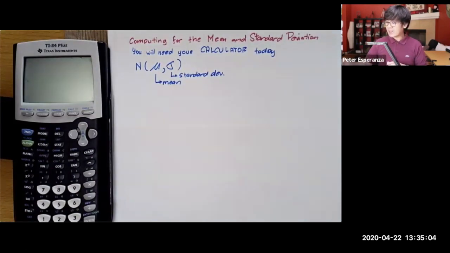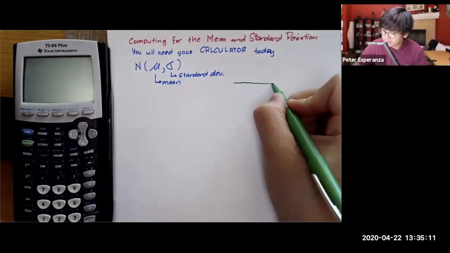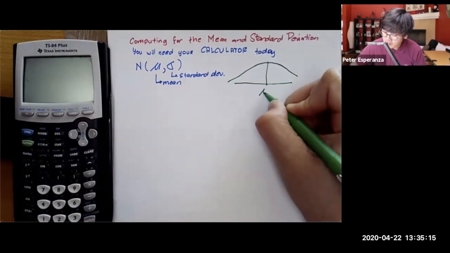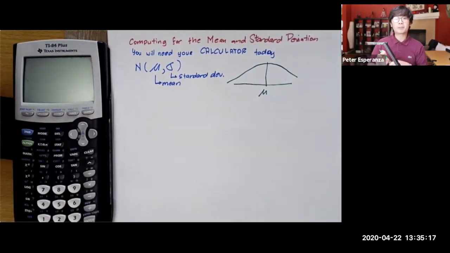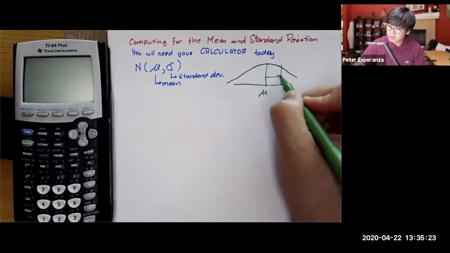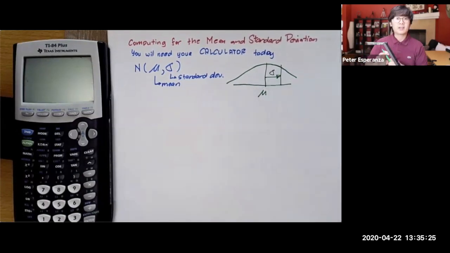Now, the mean and the standard deviation is important in a normal curve because if you have a normal curve, the mean is always the peak or the center of your bell-shaped curve, and the standard deviation, it's the dispersion or how far away your data set on the average from your mean, above or below the